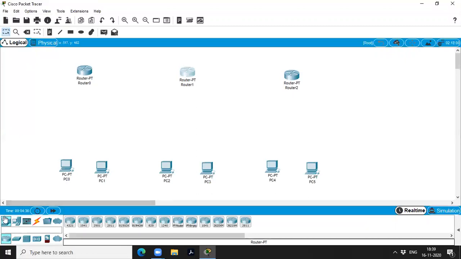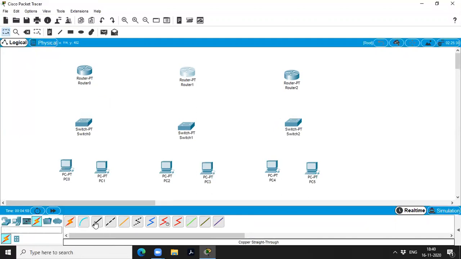Now I'm going to take switches. This is my switch, this is another switch, and the third switch. Now I have to connect with cables. Here is my normal cable.